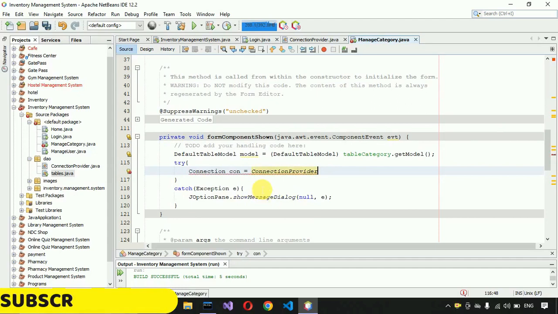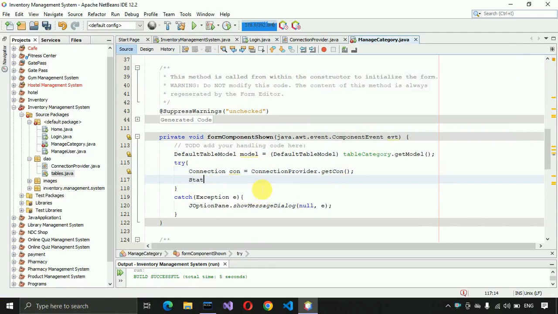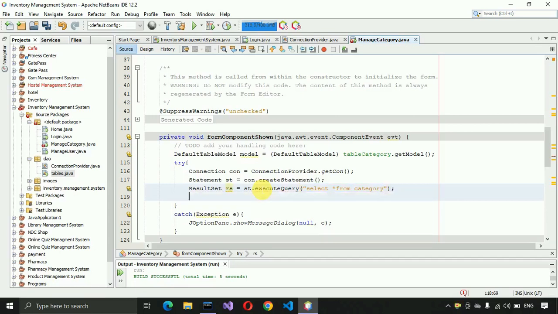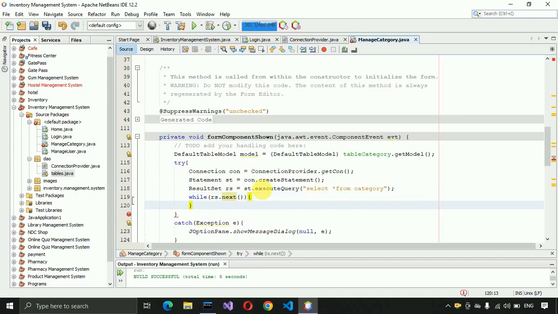which we have created earlier in the first video, that we are going to use to get the connection, and then we are going to get the statement, st equals con dot createStatement, this one. Then we are going to use ResultSet to store the result, rs dot executeQuery, and here we just need to write select star from category and put semicolon, and then we are going to use a while loop, rs dot next, okay,